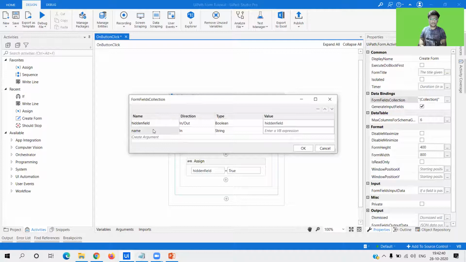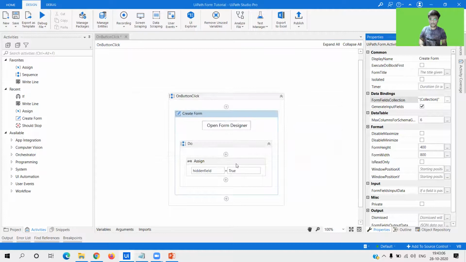Now you see over here, you need to keep the hidden field value as in slash out direction. Why in slash out? First of all, we are taking that value outside our form. That is where we are assigning it. Once it is assigned, it needs to go back inside it. So one is going to be out and the second is going to be in. We have set the default value to false, as you saw. Now when I pass this value true from here, it will display the name field without closing the form.